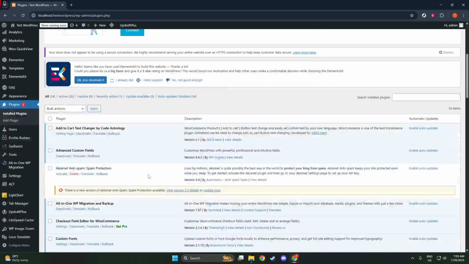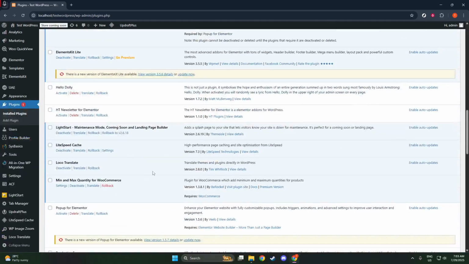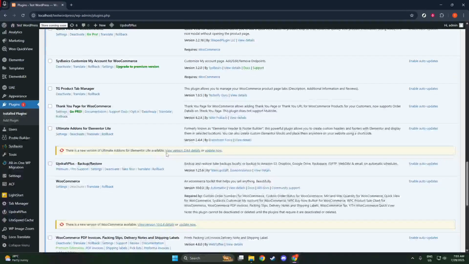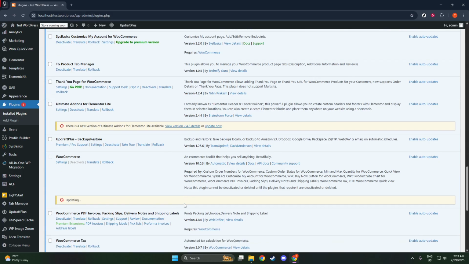Upon confirming that an update is necessary, clicking on the Update Now link is your next step. Simply click that link, and WordPress will automatically initiate the update process. It's a seamless operation that should only take a few moments. Once you've clicked, WordPress will handle the downloading and installation of the updated files for WooCommerce without requiring further input